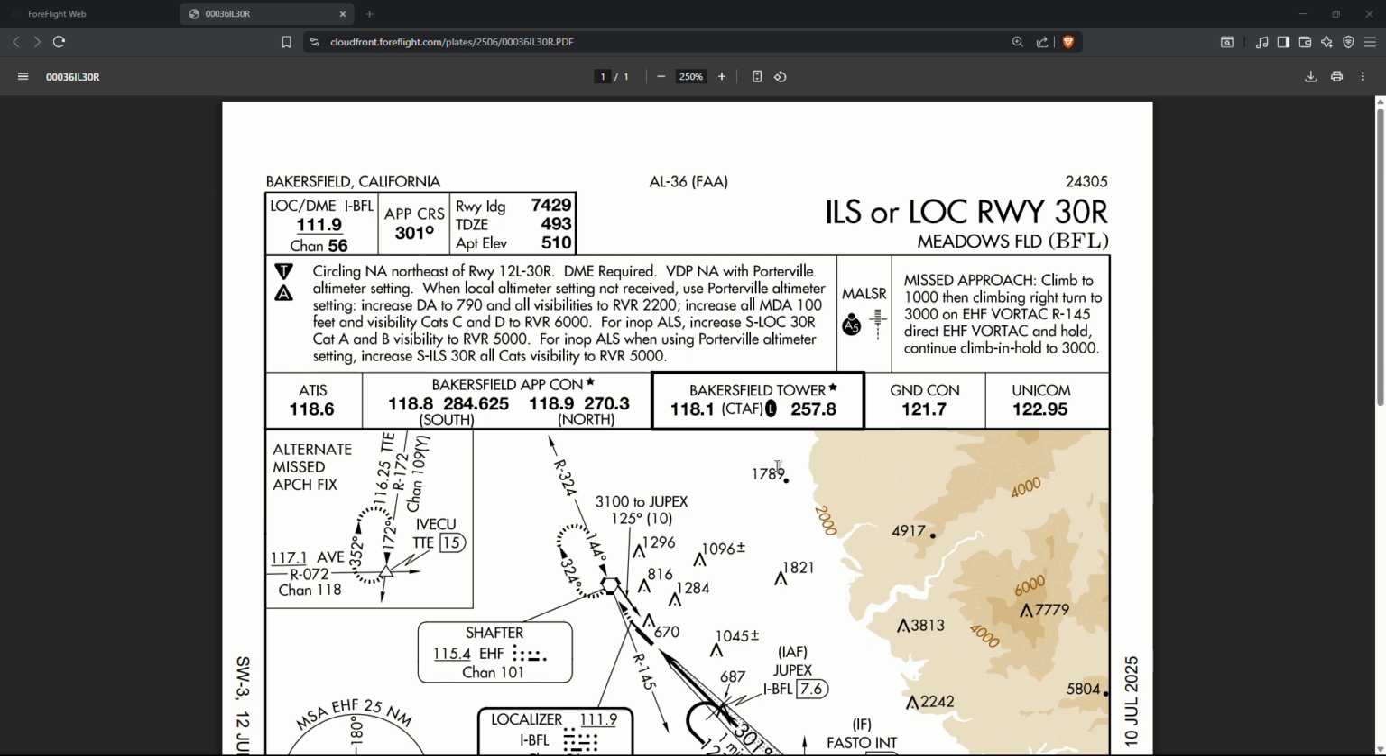The runway landing distance is going to be 7,429. Touchdown zone elevation is going to be 493 with an airport elevation of 510. Those can differ because a touchdown zone elevation, I believe, notes the first third of the runway, whereas the airport elevation is the entire runway. So if there's an upslope, you're going to have a lower touchdown zone elevation and a higher airport elevation. If it's backwards and there is a downslope, you're going to have a high touchdown zone elevation but a low